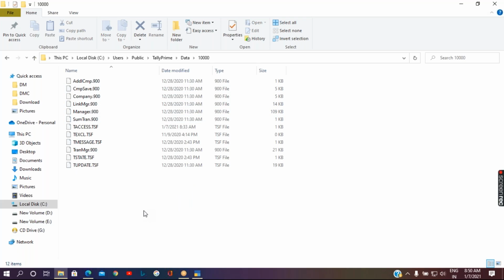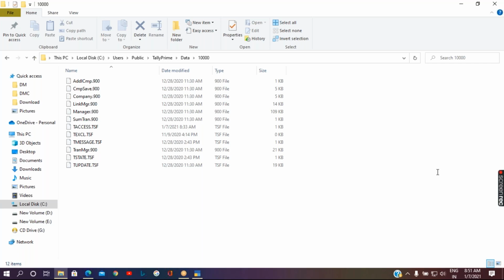If it contains .900 and .tsf files, yes, these files are required. There are a minimum of 5 files required to get opened in Tally. These are the files which contain all the related data.